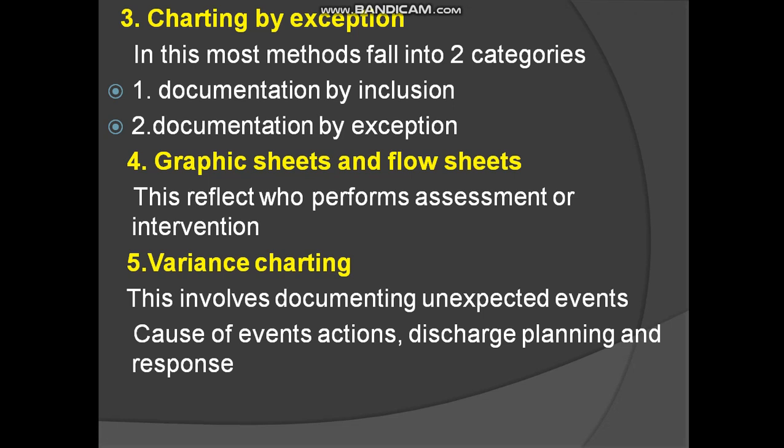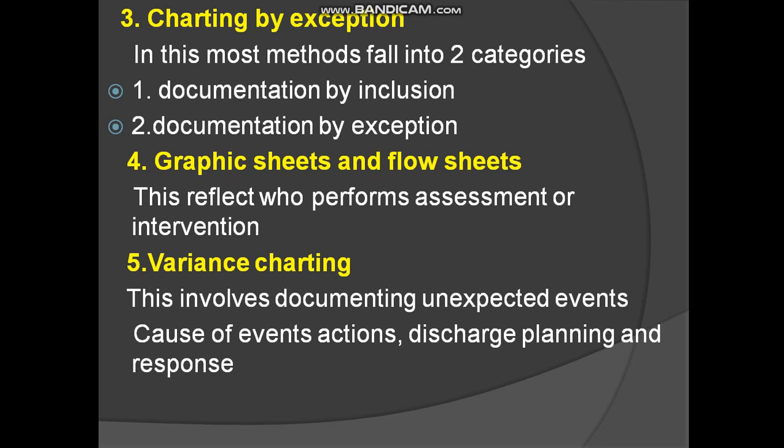The third paper-based documentation system is charting by exception. All methods come into two categories. First one is documentation by inclusion. Second one is documentation by exception. Documentation by inclusion means we should document all the information. Then documentation by exception means